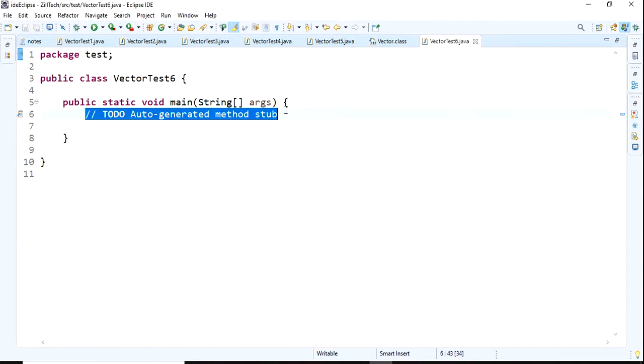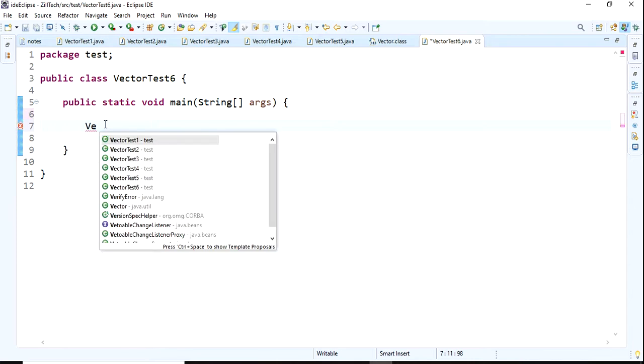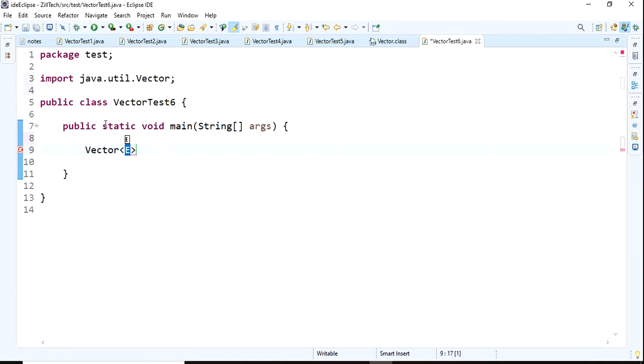This is a vector class, and I said vector is an implementation. Now I import vector. Here I want to take an Integer vector, with reference v equals new Vector, which is creating our object.